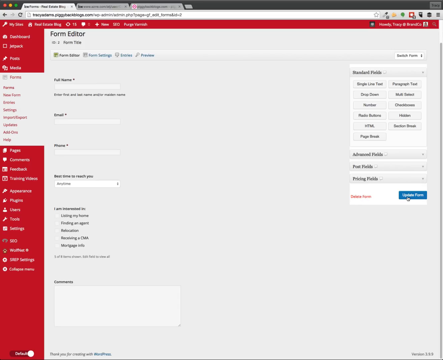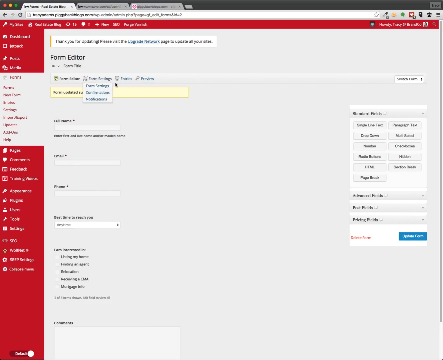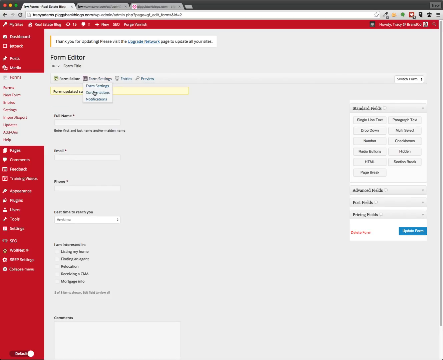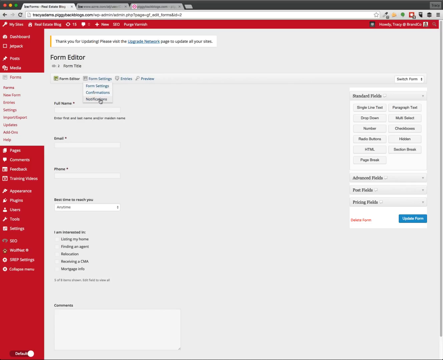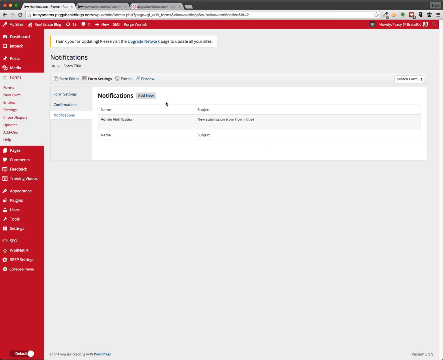So at that point, we're just going to click Update Form, and that's going to save our form for us. Now, underneath Form Settings, there are a couple of different options. One that's very important is going under Notifications. So let's just go ahead and go underneath there. An automatic area under here is called the Admin Notification. And what that does is it's automatically going to send the submission and all of its contents into your email address that's used for your Piggyback